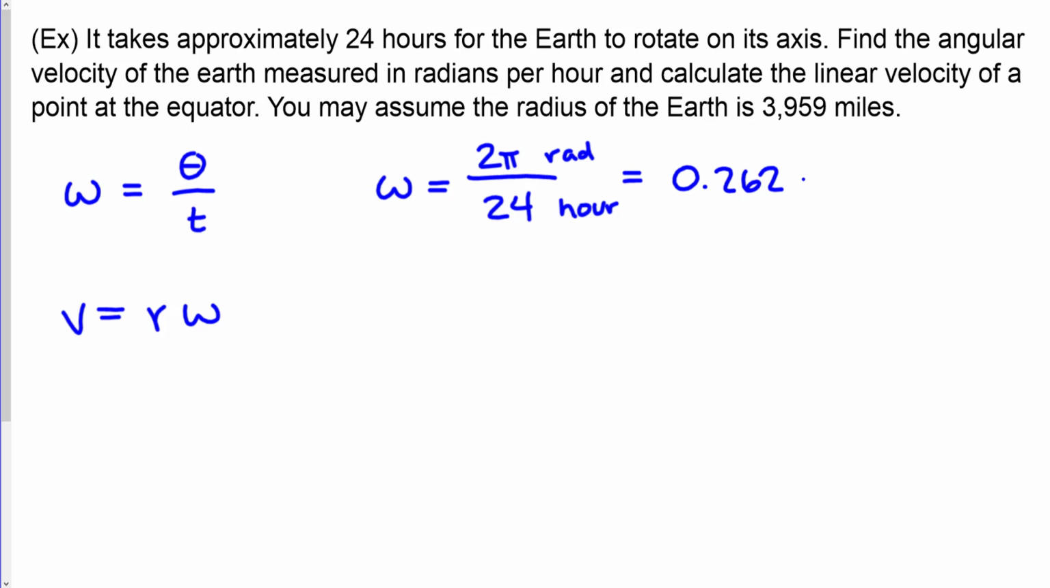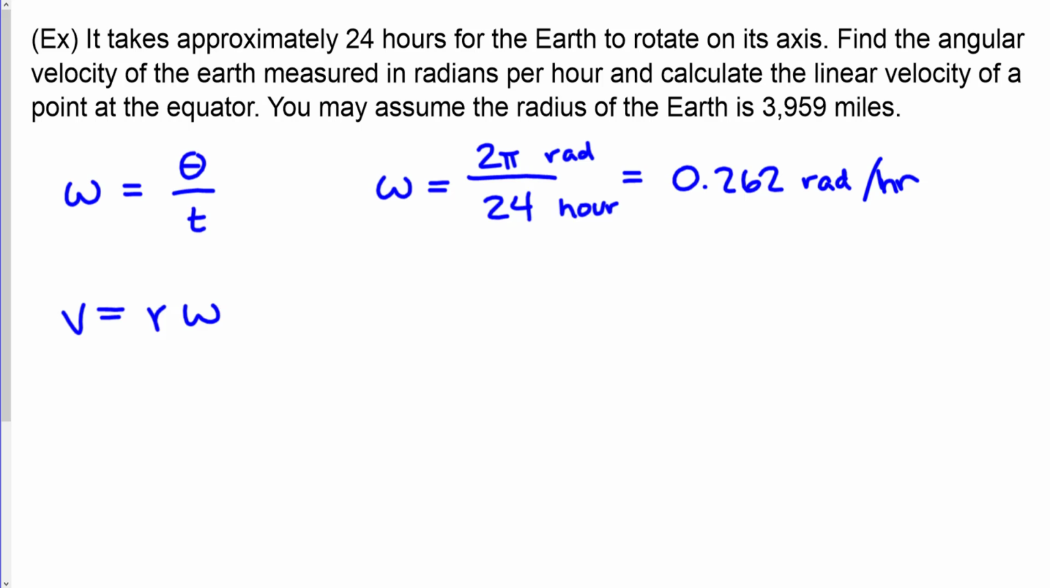And we'll call that radians per hour. Now, so the angular velocity is constant, but the linear velocity is different. And so they're asking us to find the linear velocity, basically the maximum linear velocity, because it's looking at a